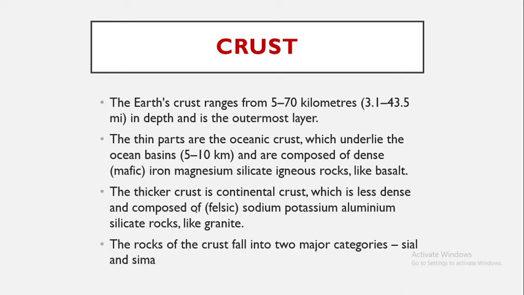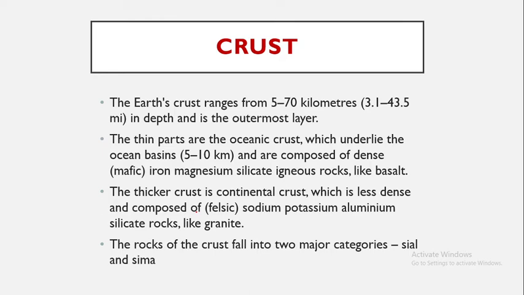Now we need a detailed study of each layer. We need to know something about each layer, what it is composed of, how much depth it usually will be, like that. So the first layer of the Earth is the crust, as we have already said. The Earth's crust ranges from 5 to 70 kilometers. As we have already said, the maximum extension of this crustal area is up to 100 kilometers. The crust portion is very small, and the maximum extension of this crust region is only 100 kilometers.